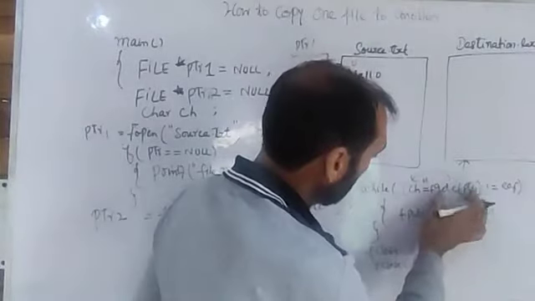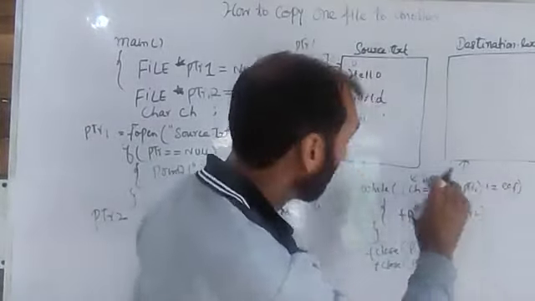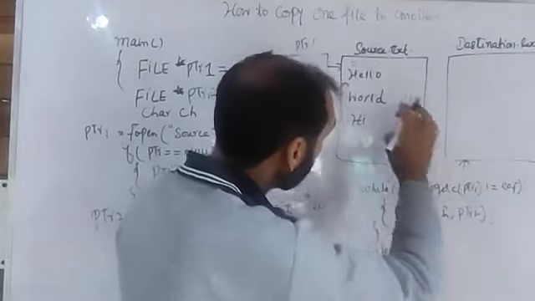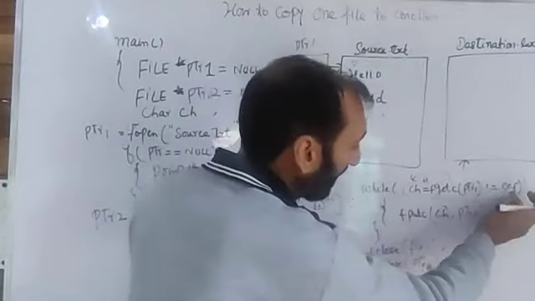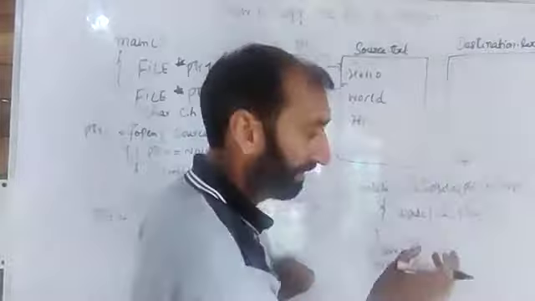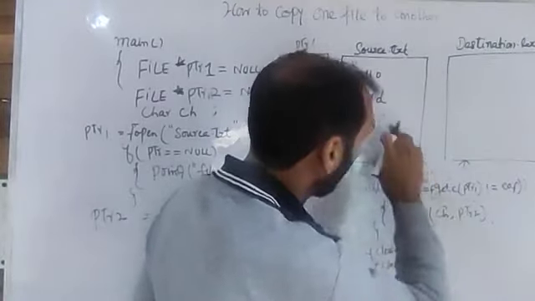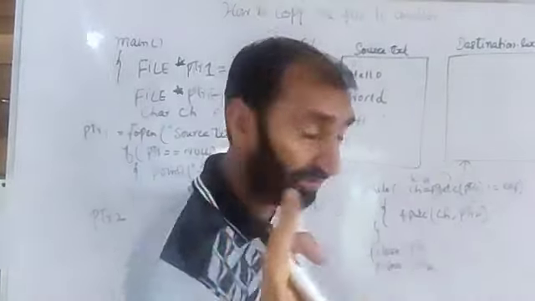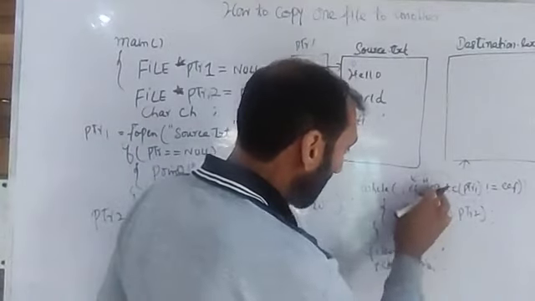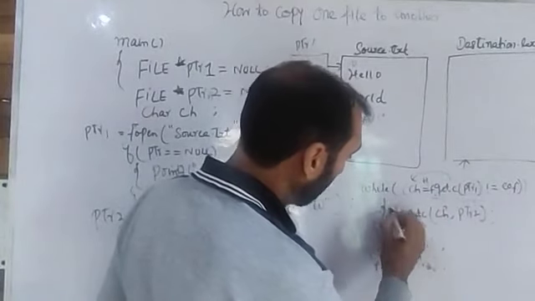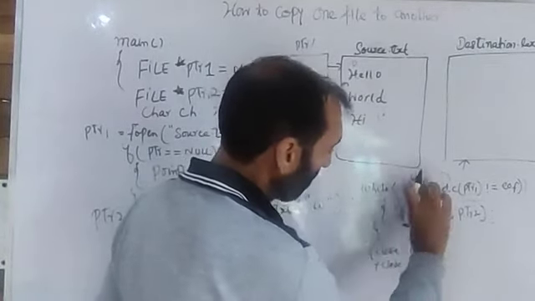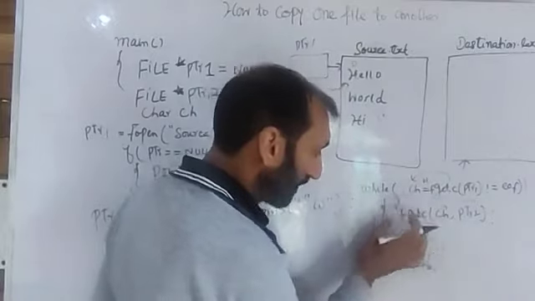That means this condition is true, because it will fetch this character by character until the end of file. But at the moment the h is not the end of file, h is not a \0. So h will get stored here, and after that the condition is true, the control will enter into the body